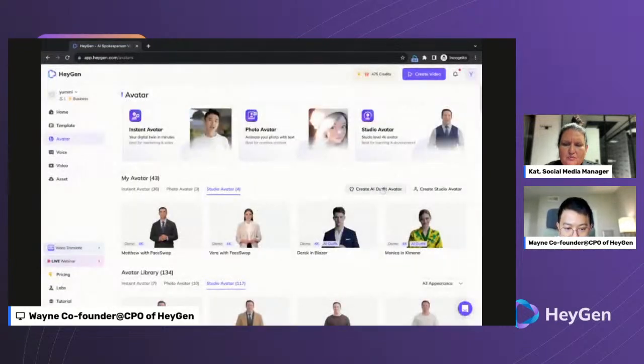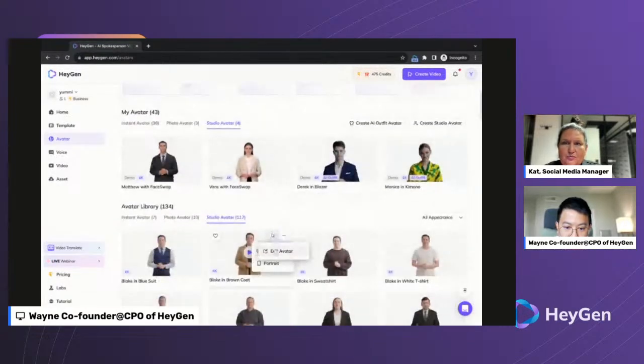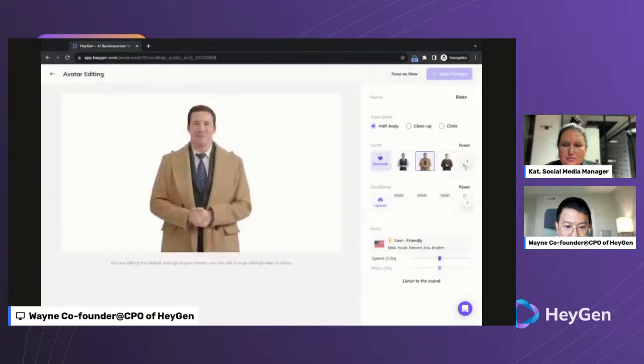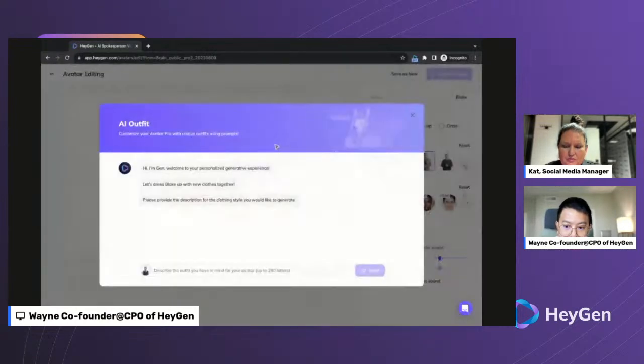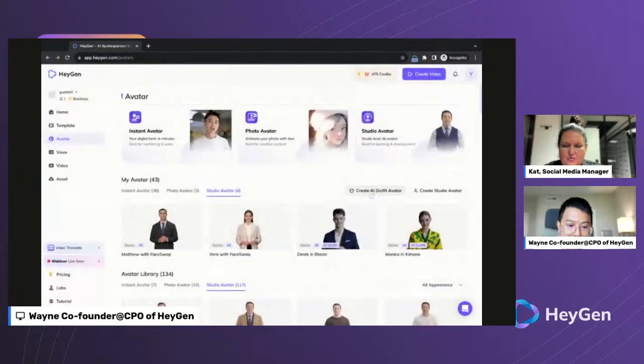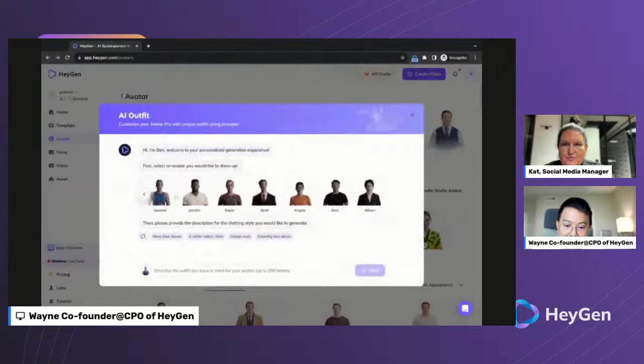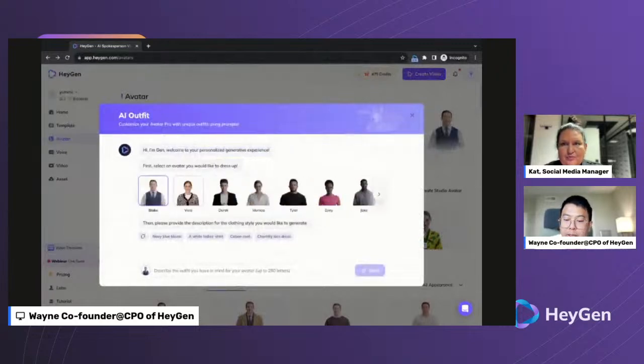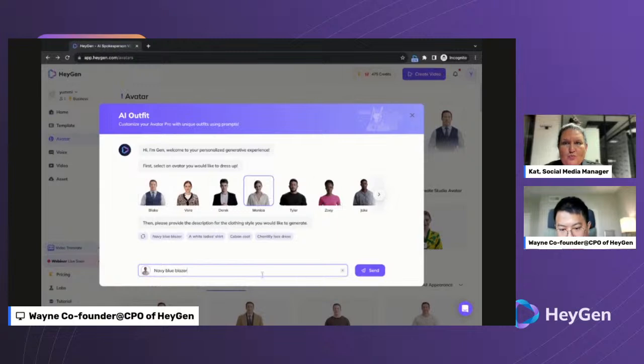And creating an AI outfit is pretty simple as well. So here's the entry point. You can also edit any of your avatars to make them into an avatar template, and you can come to here, right? But I'll show you how to go from the outside. So here's Create AI Outfit avatar. And then we have a list of avatars that support outfits. If you make any of your private studio avatars and include this AI outfit add-on, it'll also be available here only for your account.